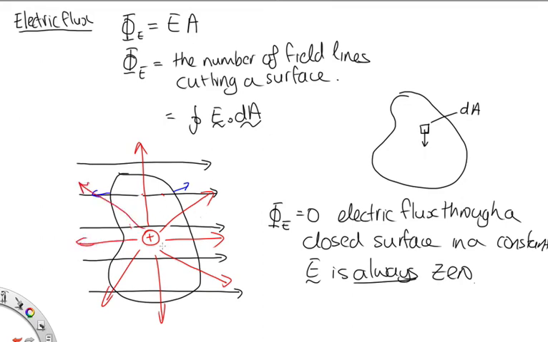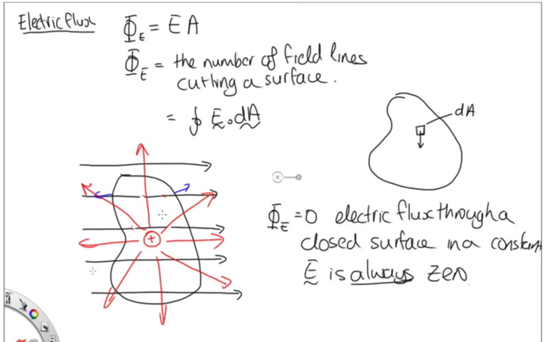So we now have a positive flux through that surface. We can see that the flux is going to be proportional to the size of the charge contained within the surface. The size of the surface we draw is unimportant. The same number of field lines will cut it if we have the same size enclosed charge. So this brings us to Gauss's law,